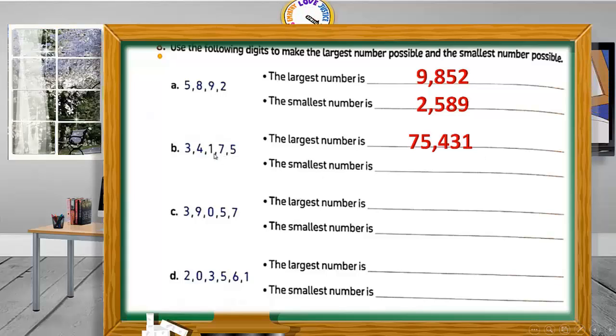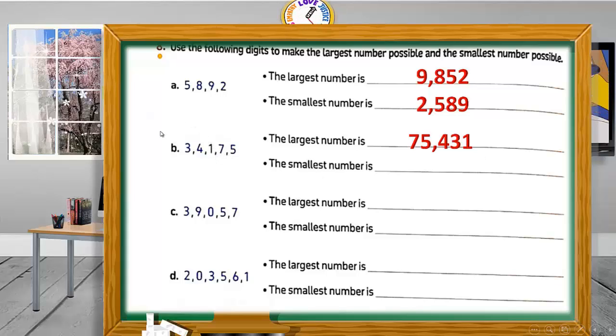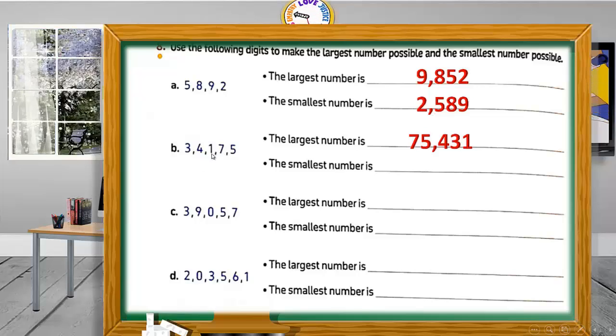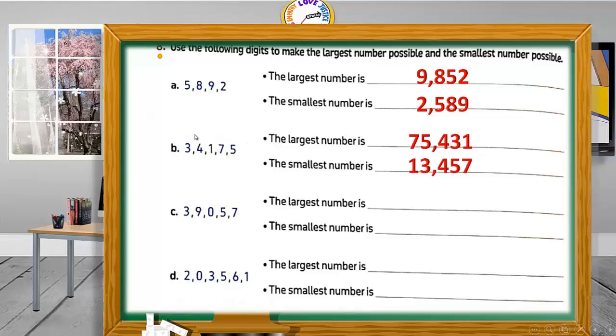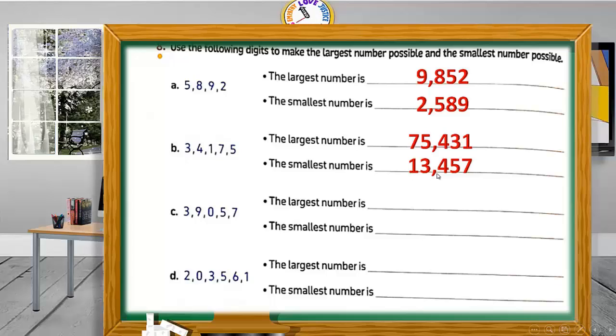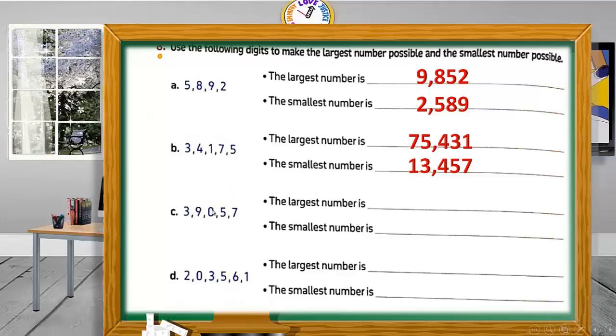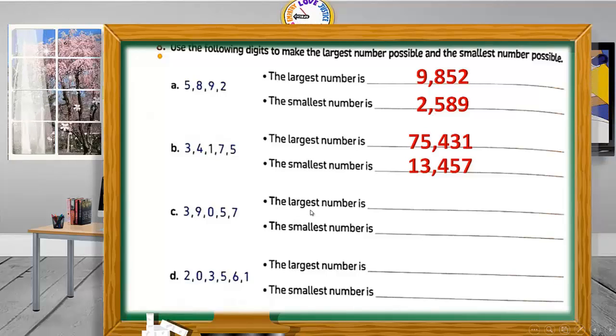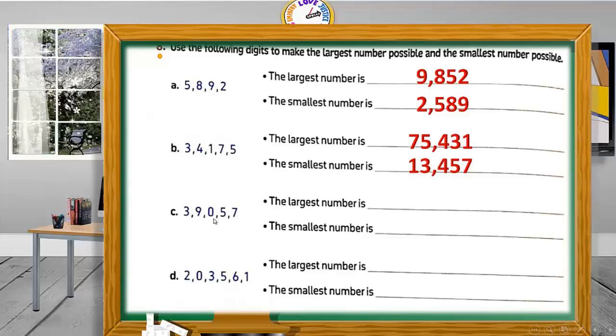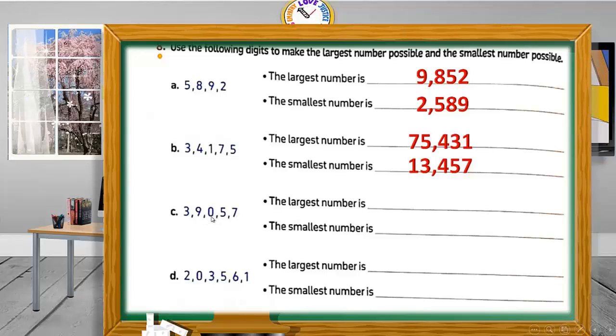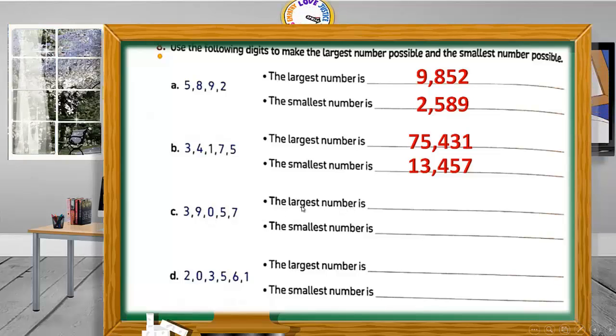Smallest number, order numbers from smallest to the greatest. Smallest number here is 1, so we will start with 1. After 1, 3, 4, 5, 7, 13,457. See, we have 5 digits and we have 0. If you want to write largest number, no problem. Order numbers from greatest to the smallest, and the smallest number is 0. You can write 0 at the end of the numeral like this. Largest number is